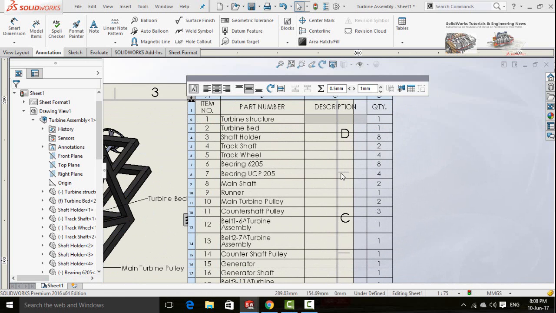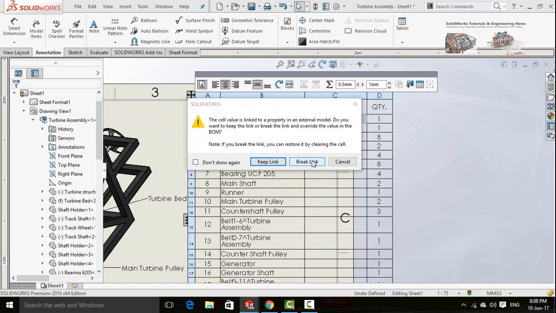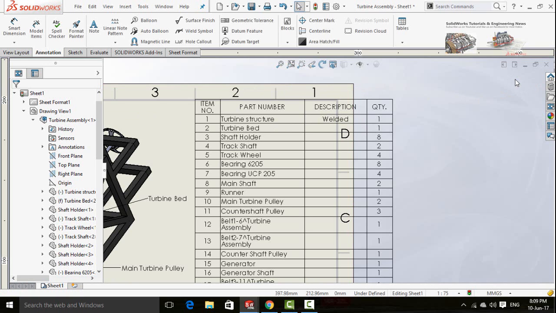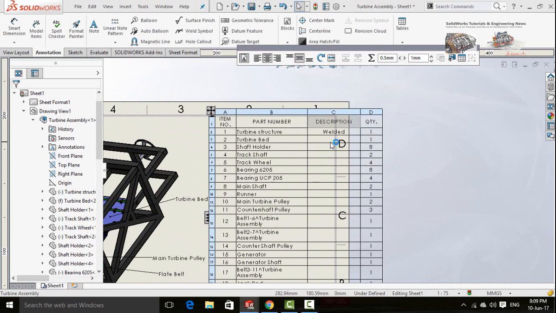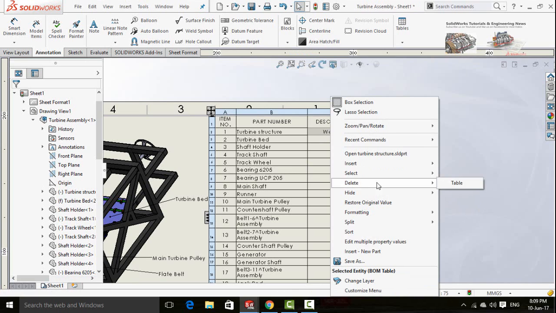To add text in the empty boxes, double click on that box and select break link. Right click on the table and delete it if you want to delete.